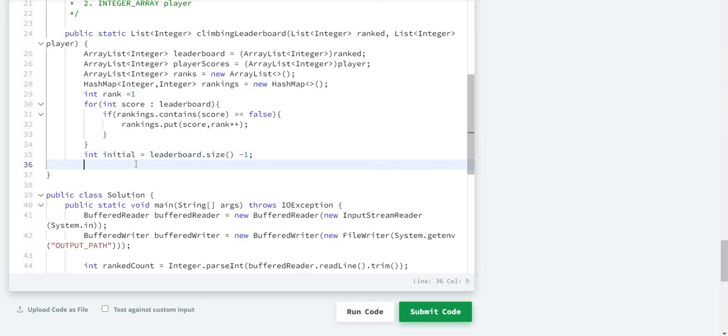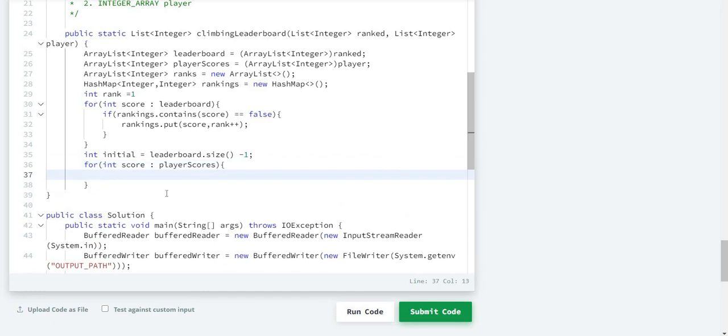Now we are going to iterate over the player score array, and use another for loop for comparing it with leaderboard scores.